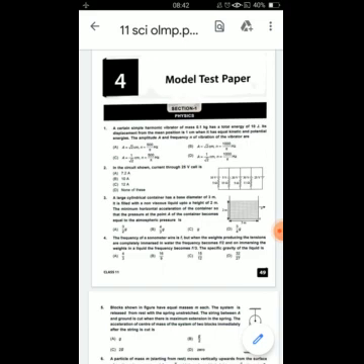So we need to calculate the equivalent resistance through the whole circuit, which is 5. Again we need to calculate using the potential difference. Here Ohm's law is used. If you put in the value of the potential difference and the equivalent resistance, it comes to option C, which is 12 amperes. So the answer is the current through the 25 volt cell, which equals 12 amperes.